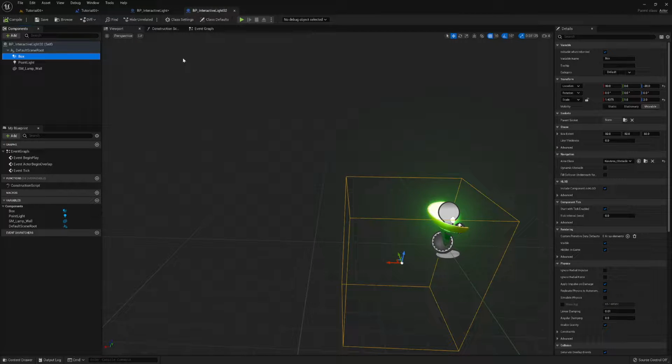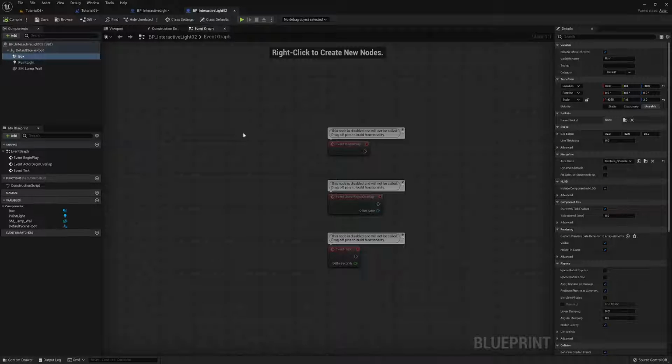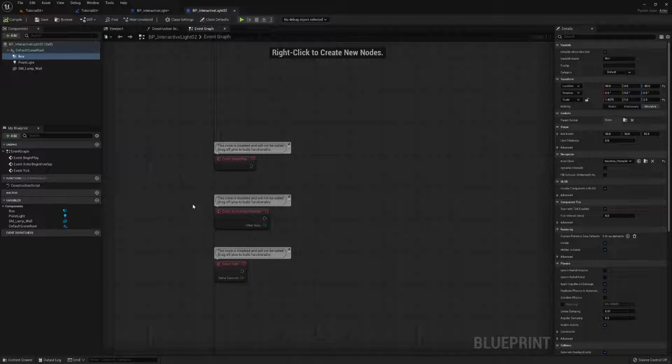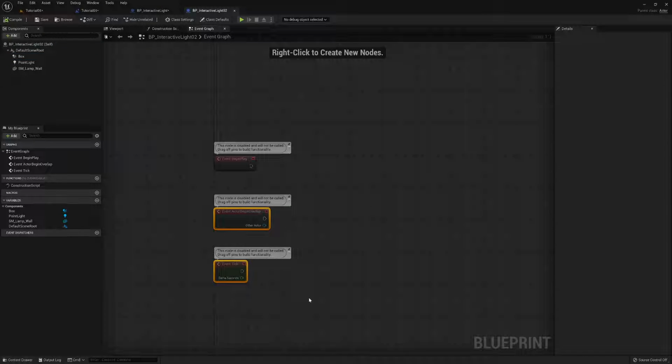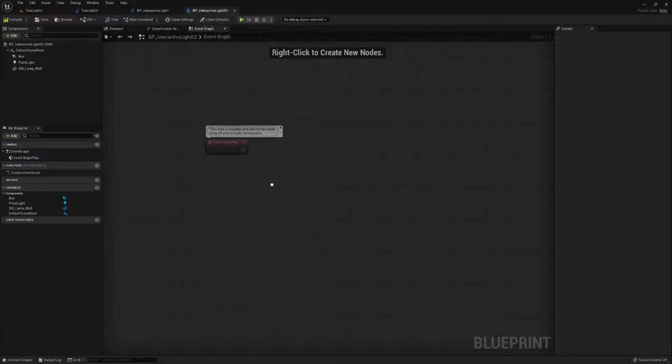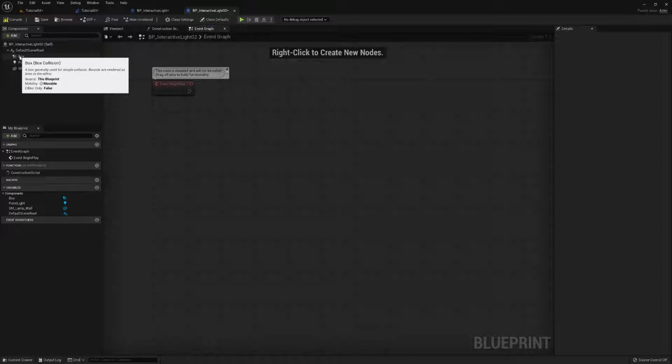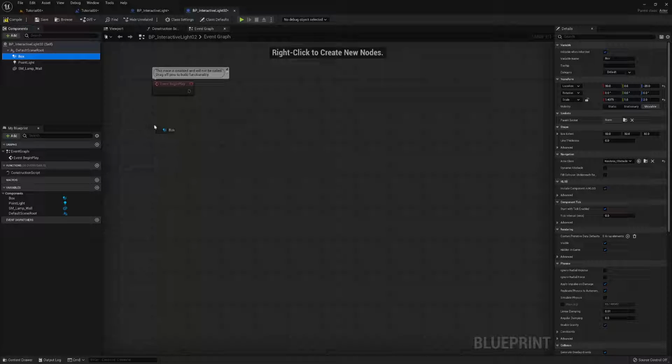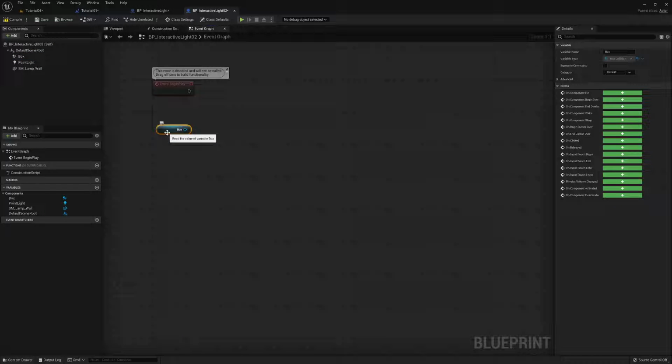Now we can do similar things. This is going to work in a similar way to the other one. So let's just go into our event graph. And again, we're not going to need our begin overlap or our event tick. We can delete those. We've got our event begin play. We want the box. So we're going to reference to the box. This is now part of our actor blueprint. So if we can come to here. If I drag and drop, it just gives me a reference to the box, and then we want